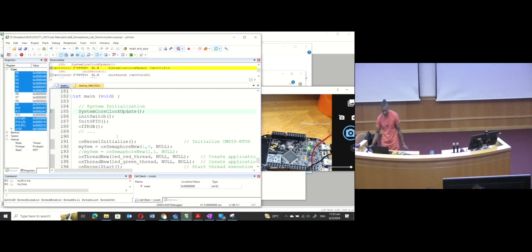Okay, so when I run the code, you can see initially there is no LED lighted up, because currently both tasks are in a blocked state. Now when I press the button, the LED lights up, correct? Now when I press again,